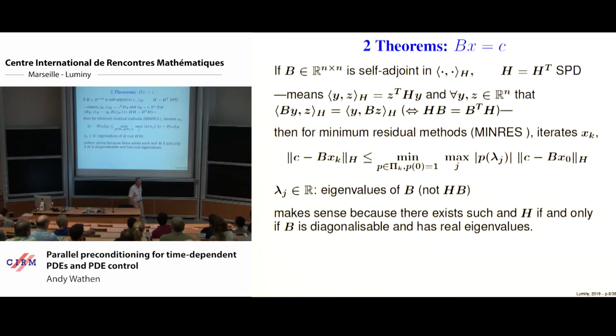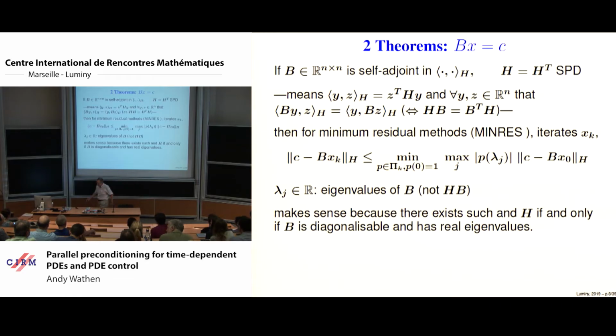Maybe this is a naive question, but I would... Absolutely, naive questions are the best ones, right? If I give you a B, you have this B that represents your problem, that is a priori non-self-adjoint. Yes. So, does there exist a criterion to know whether this B may be self-adjoint with respect to